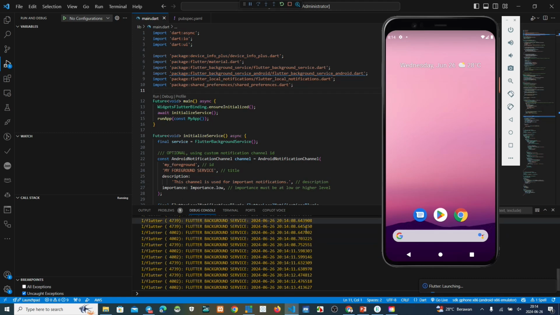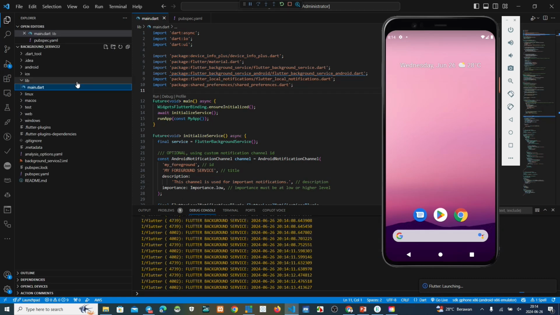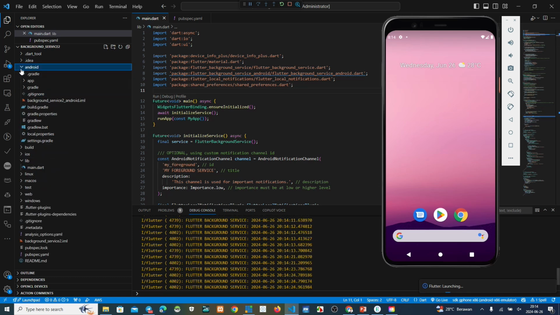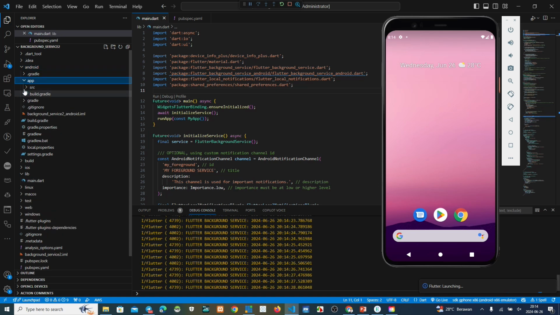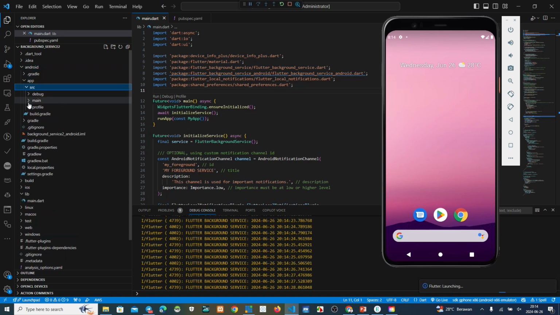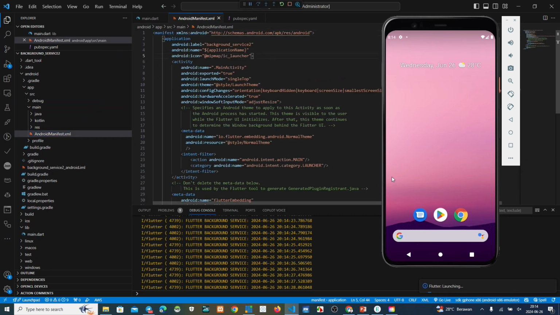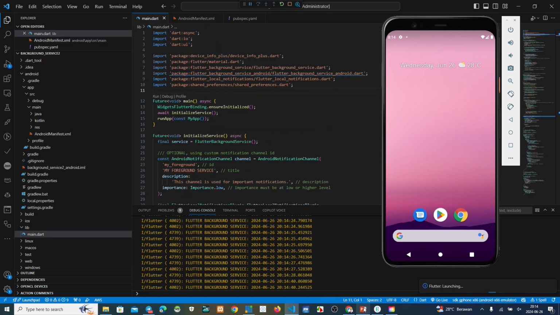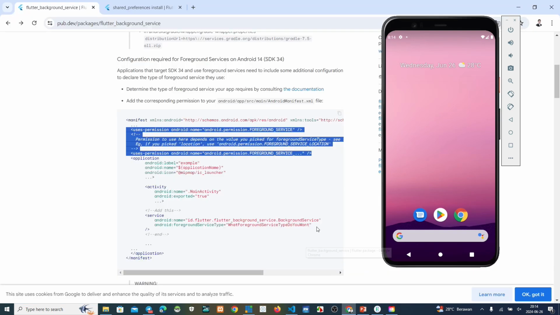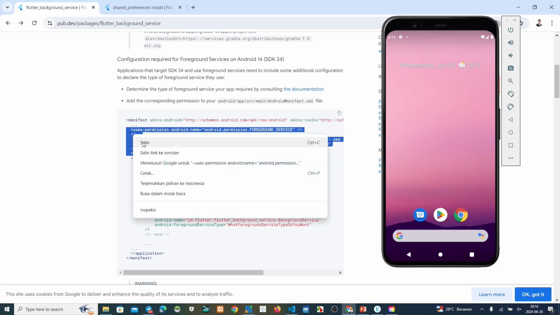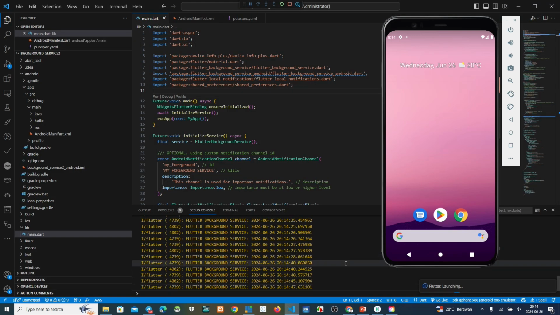After we see the result here, and then we update the Android manifest here: android app source main AndroidManifest. Okay, this one is still running. We wait until finish, and then we update the manifest permission. This one, we copy this. After this process finishes, we copy to this one.